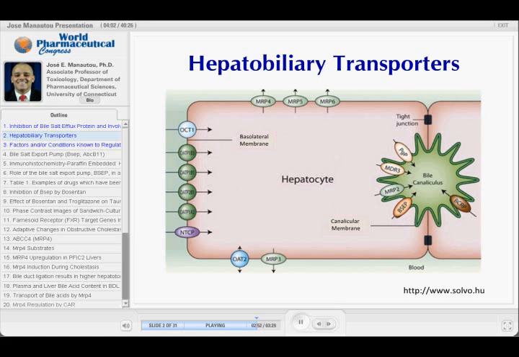So what happens, if I can go back, when these bile acids accumulate, there are many signaling pathways that are activated within the hepatocyte, and you have some compensatory responses that are set in motion to try to deal with this overload of bile acids present in the hepatocytes. And one way to deal with this is by regulating enzymes involved in bile acid synthesis, and also to regulate backup exit doorways for these bile acids, so that instead of going into the bile, they can be secreted back into the blood. And that's basically